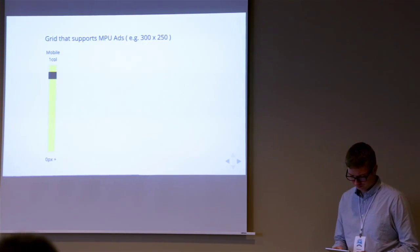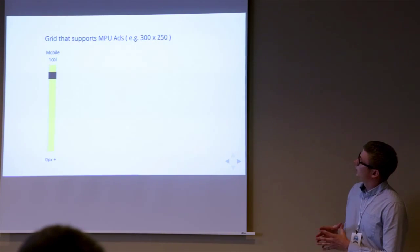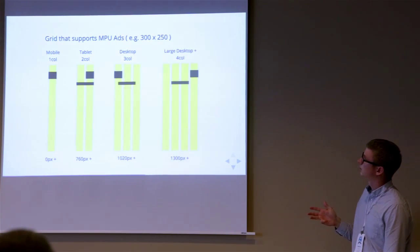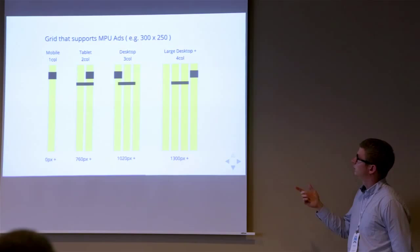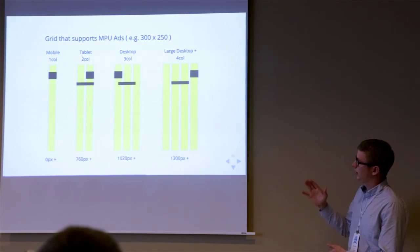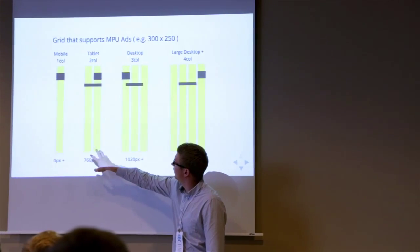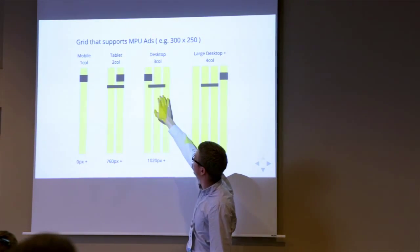How to do that actually? So the idea was that we introduced this column approach. For example, for mobile, there is a single column. For tablet, there are 2 columns. For desktop, there will be 3 columns, and for large desktop, there will be 4 columns. What does it mean? It means that each column supports one MPU ad, which is 300 by 250 pixels wide, and that's just the most common one. And this system stretches out, as you can see, so that there is space for 2 columns, 3 columns, and 4 columns. And there is actually a way to insert middle page banners as well